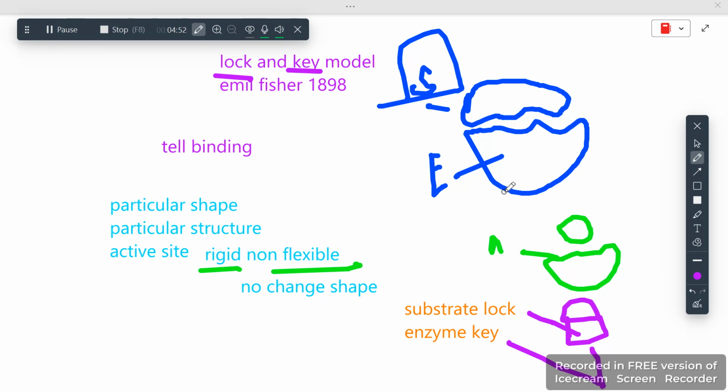So this was told by Emil Fischer in 1898. This was very important. The particular shape and structure is why they are supposed to